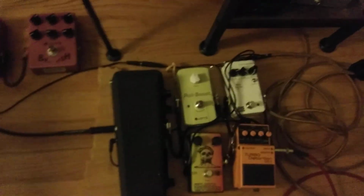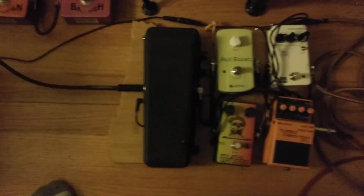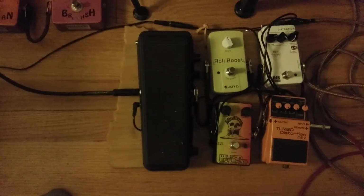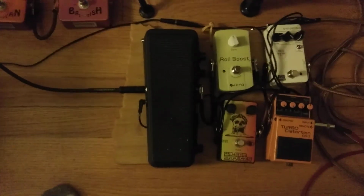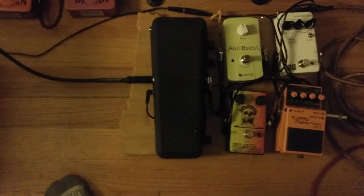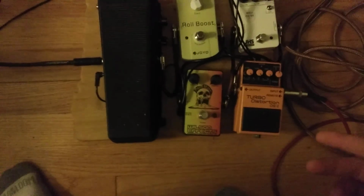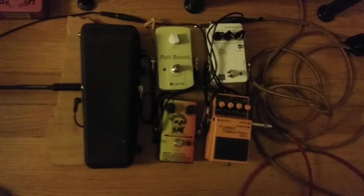And so the way that I do it is that I get all the volume from the pedals, not the amp. The amp that I'm using will be at a very low volume, and then I'll use the volume from the pedals to control the volume. That way, if you're using a booster, a compressor, or your clean pedal, there won't be a volume jump if you switch to a distortion pedal that's maxed out. Or there won't be as much of a volume jump if you go to a fuzz or a distortion pedal or whatever that's maxed out, because